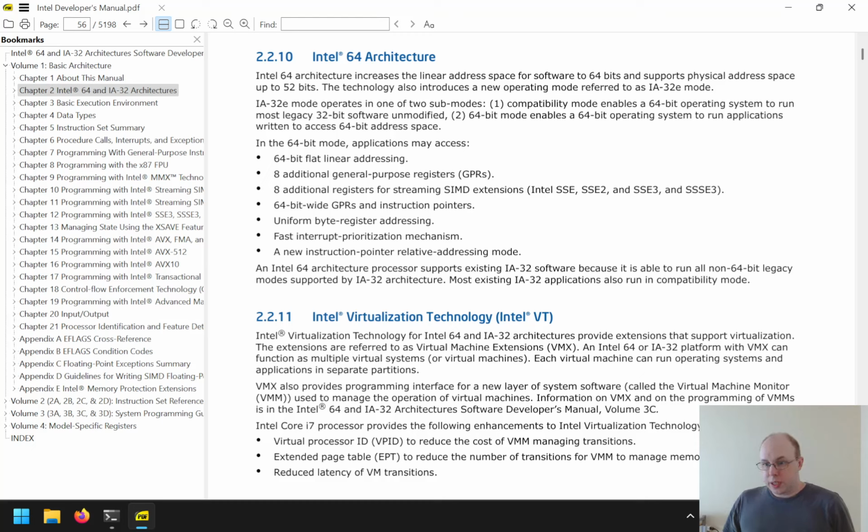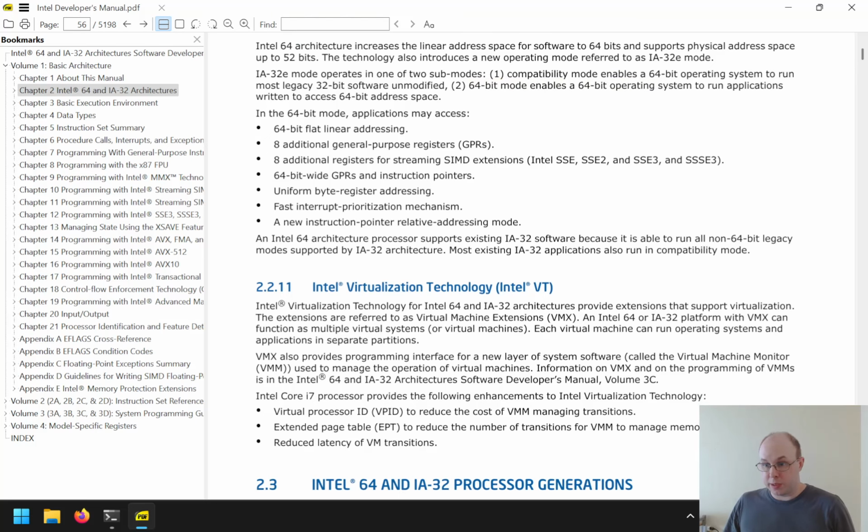So Intel 64 architecture increases the linear address space for software to 64 bits and supports physical address space up to 52 bits. This technology also introduces a new operating mode referred to as IA32E mode. IA32E mode operates in one of two submodes. Compatibility mode enables a 64-bit operating system to run most legacy 32-bit software unmodified. 64-bit mode enables a 64-bit operating system to run applications written to access 64-bit address space. So that's what we're going to be doing. We'll be running in 64-bit sub-mode of